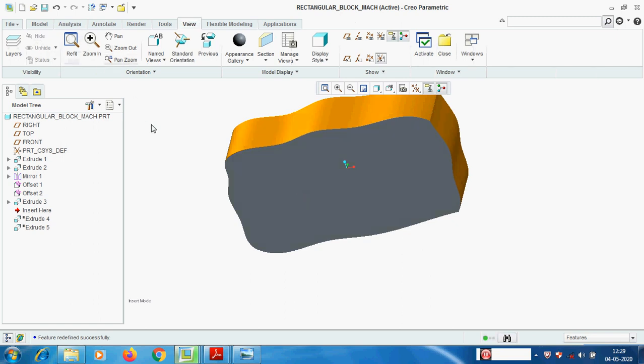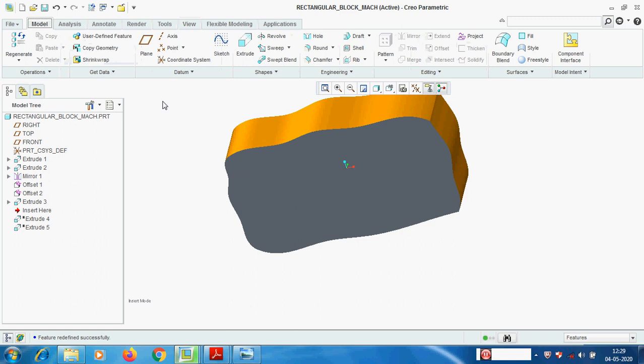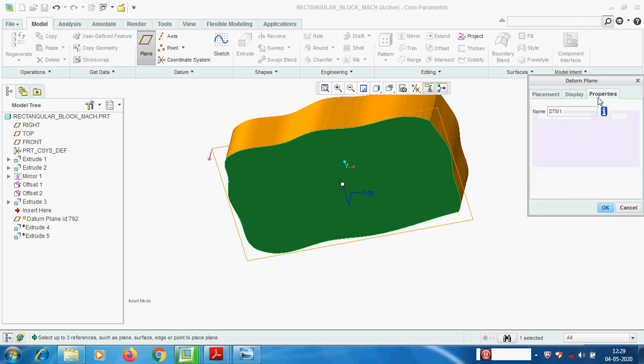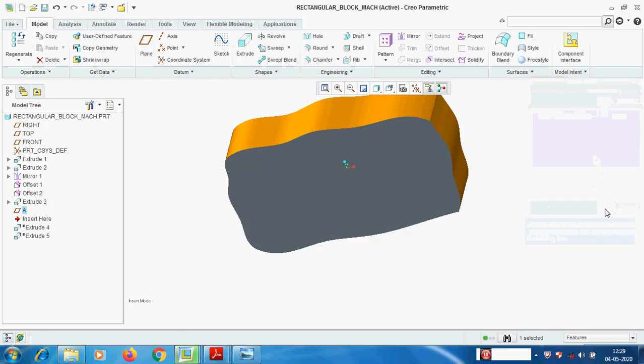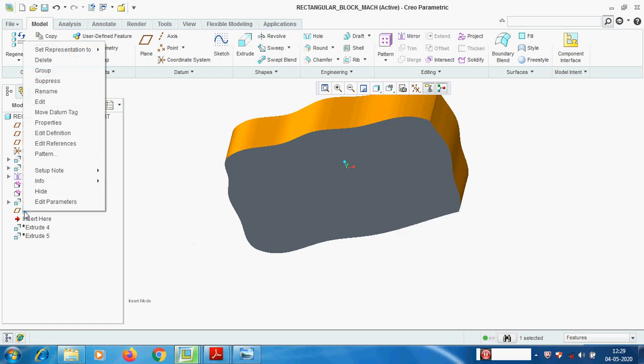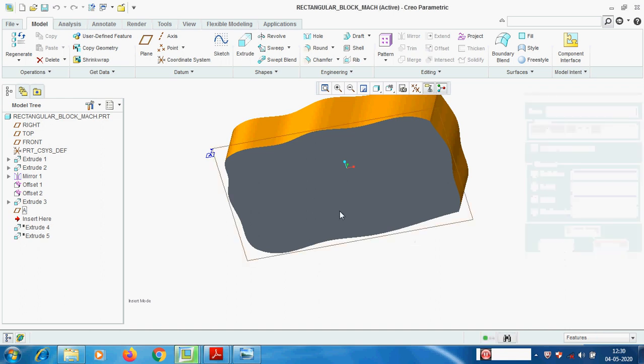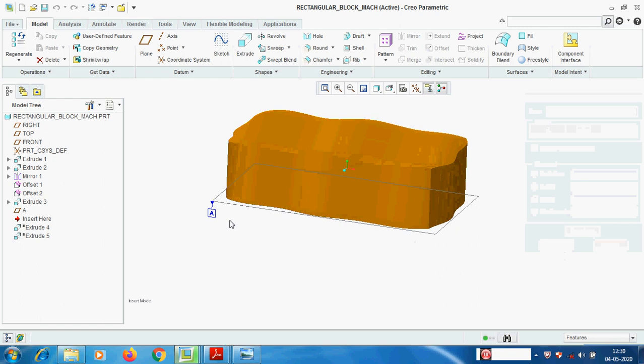How to create set datums, we will see in the model. First we have to create an ordinary datum plane by picking this geometry. Here there should be 0 or coincident. The name is A. This is the primary datum. Then this is an ordinary datum. We need to change this datum into a set datum. Right pick, properties, pick this one. This is the set datum. Give OK. In the detailing we will see these things. Just pick and give OK. Now we have created one datum plane.